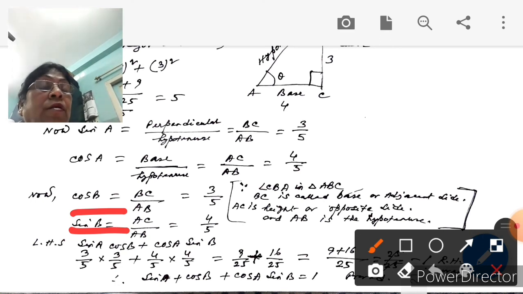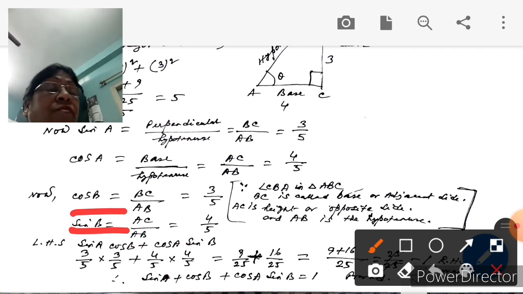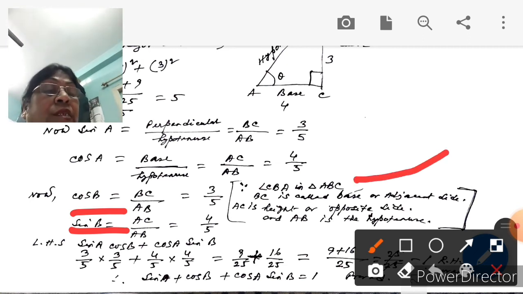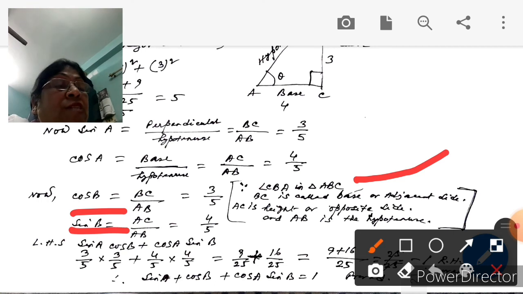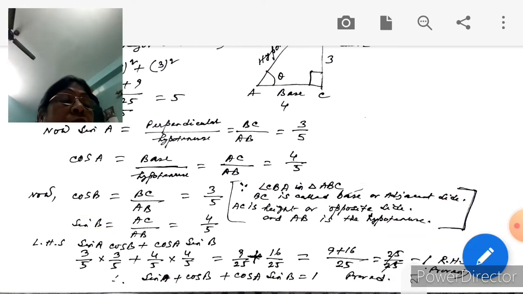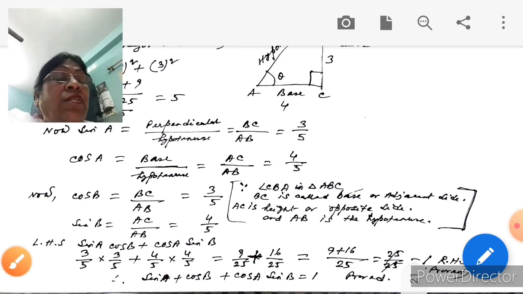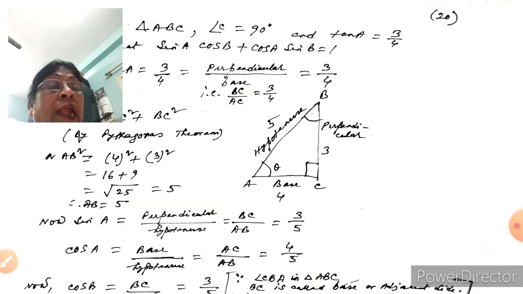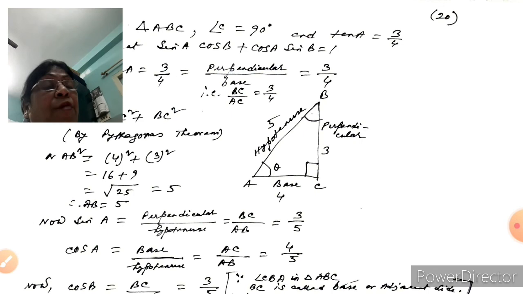Okay. Have you found out? Have you understood? On the basis of the definition I have written here, in angle ABC, BC is called the base or adjacent side, AC is the height or opposite side, and AB is the hypotenuse. According to the definition, considering the acute angle, the adjacent side is the base, the opposite of the acute angle is the height or perpendicular, and the hypotenuse is the same.